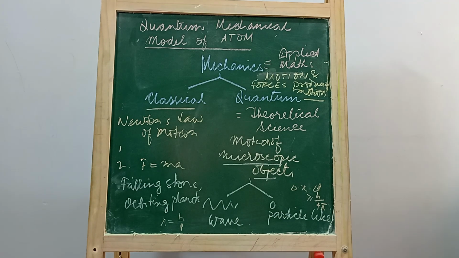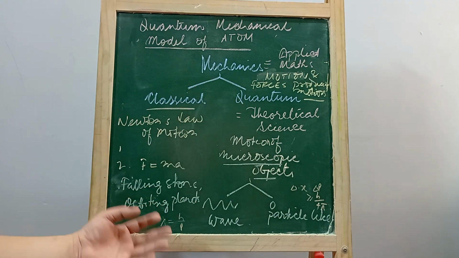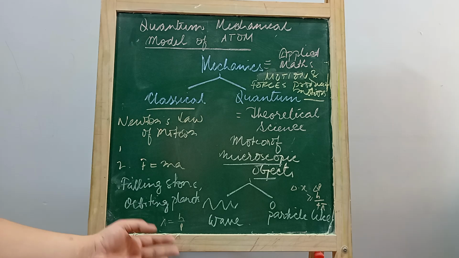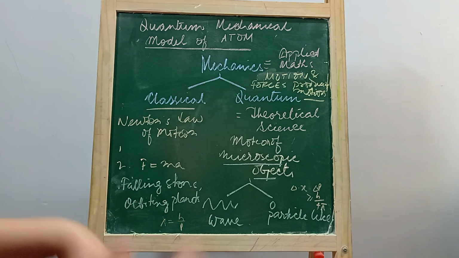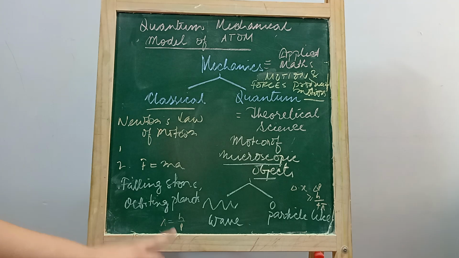the dual nature of matter, which was propagated by de Broglie through his famous equation, where he gives the relationship between the wavelength, the Planck's constant and the momentum, which means that every object, whether big or small, will have a wavelength which will be inversely proportional to its momentum, mass multiplied by velocity,